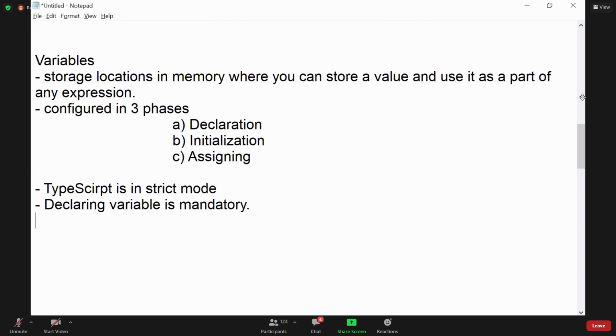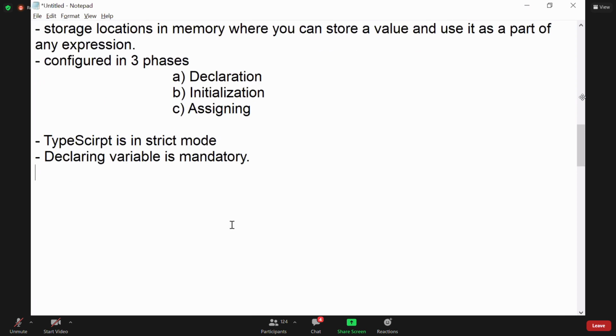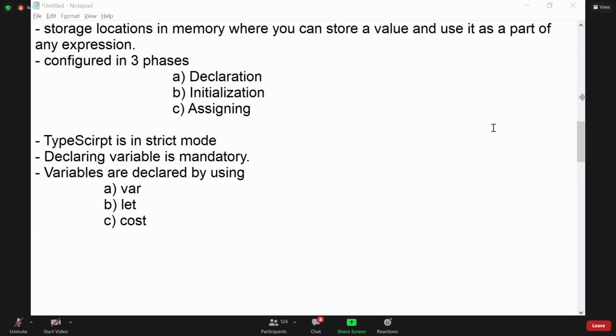And how can we declare a variable? Variables are declared by using three important keywords: var, let, and const.